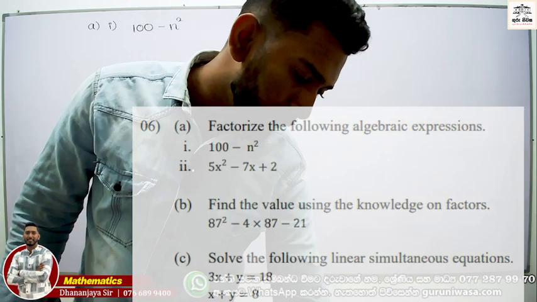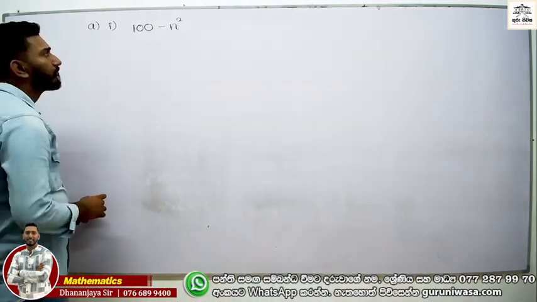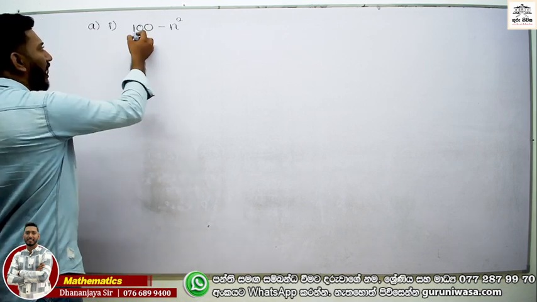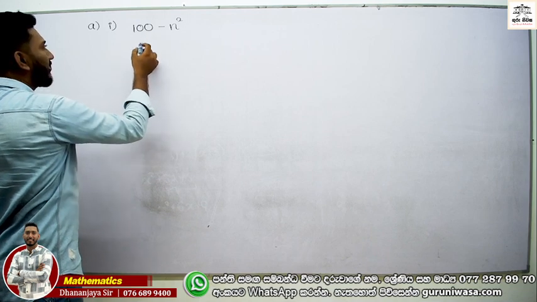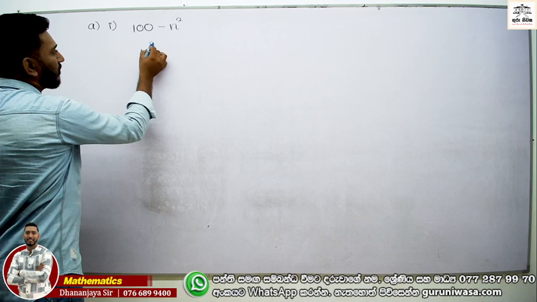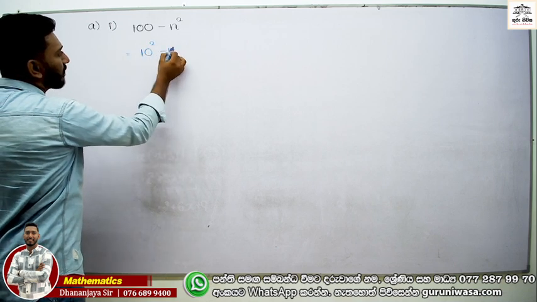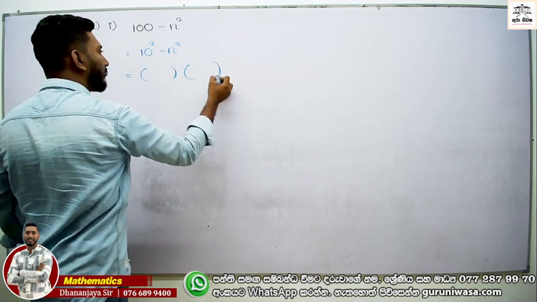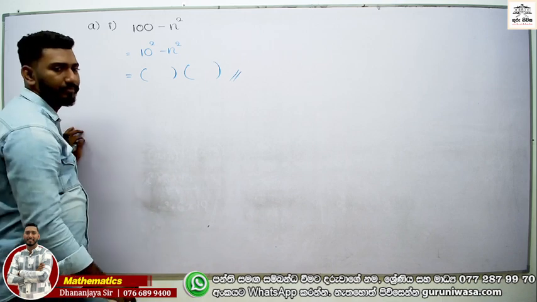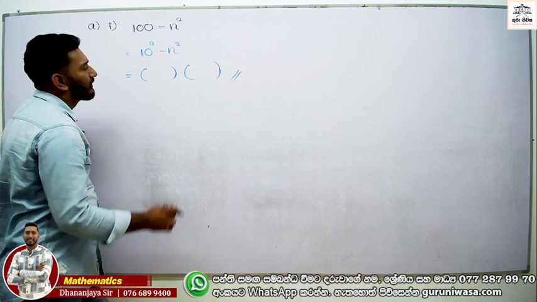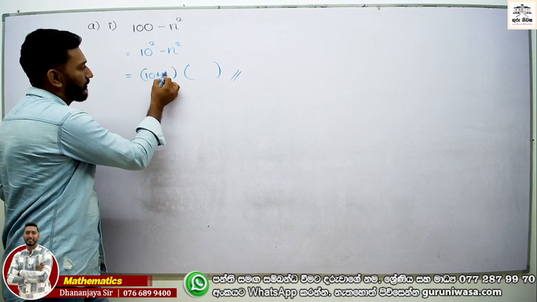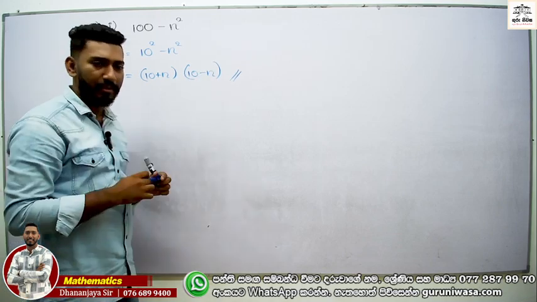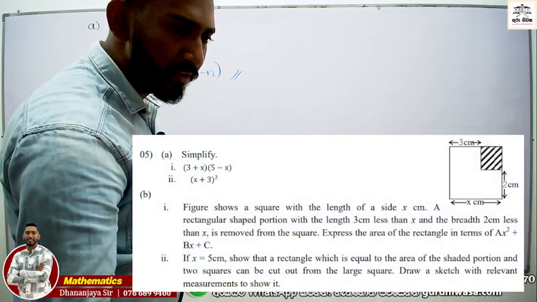Do you remember this, the difference between two squares? Yes. 100 you can write as 10 square minus n square. Now tell me what are the factors of this one? 10 plus n and 10 minus n. Well done. And this is the difference between two squares. And next one,